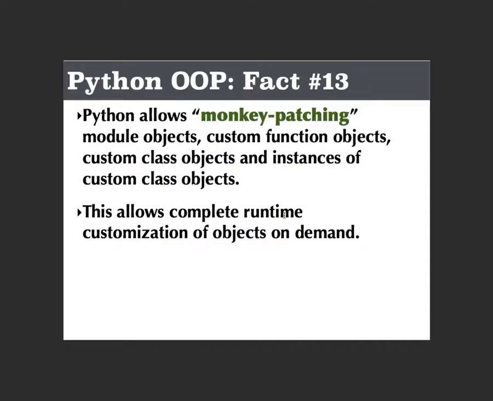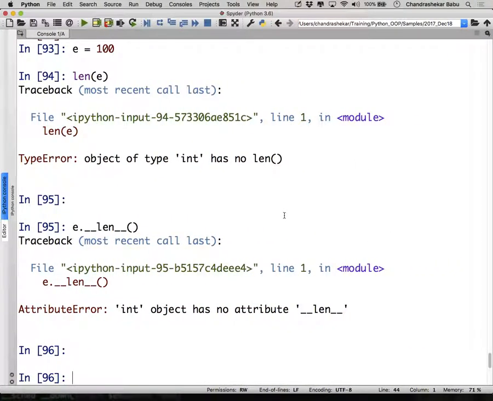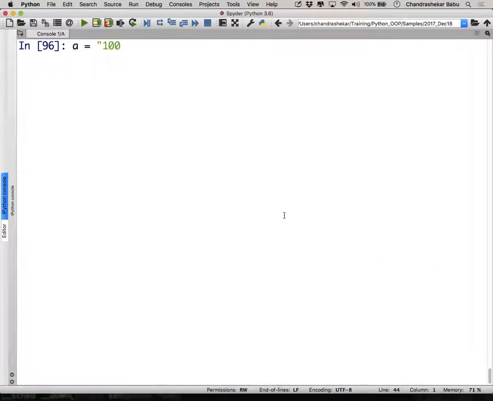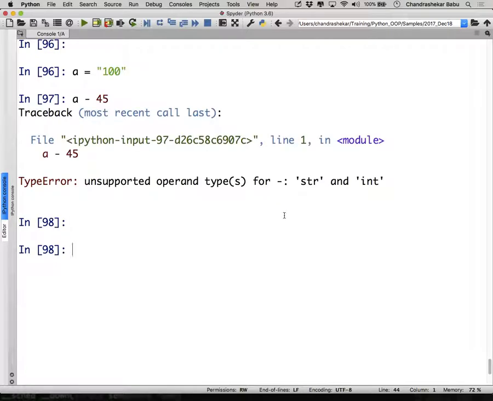In the other case we explicitly convert. For example, we don't normally do this, right? We say A is equal to 100. There is a string. You can't do any arithmetic on this. Python is dynamic but strongly typed. What do I mean by strongly typed? A string is a string, not a number. You can never do A minus 45, it will not work. Even A minus 45 will not work like this, because strings don't understand the subtract method.